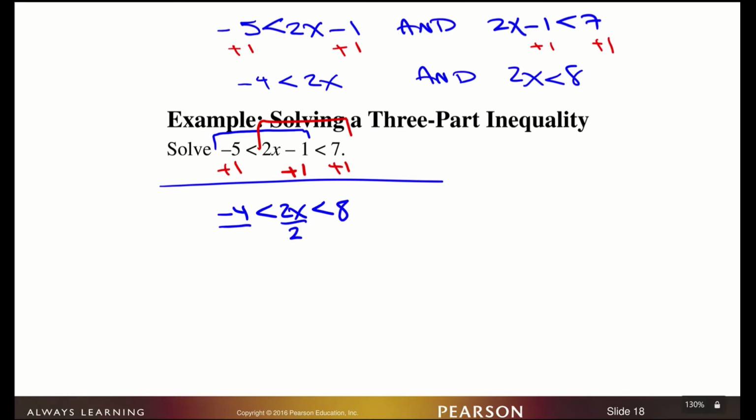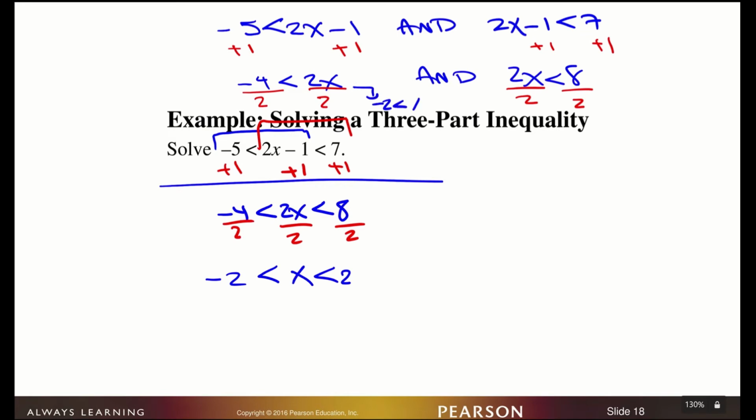So we're going to get rid of that 2 like so. And because we are dealing with a 3-part inequality, we have to do that to all 3 sides. And of course, because up here, when we do this, we also have to do this, right? And we end up with x being between -2 and 2. Notice up here, this one would give us -2 is less than x, and this next inequality here would give us x is less than